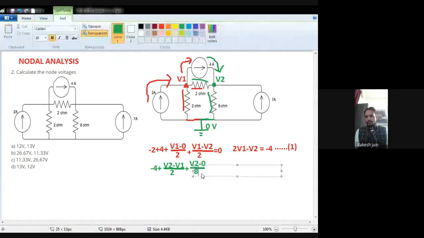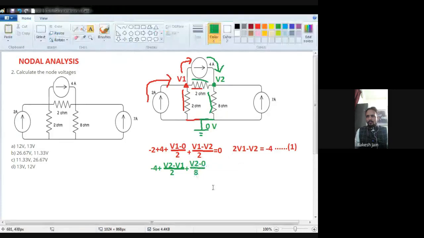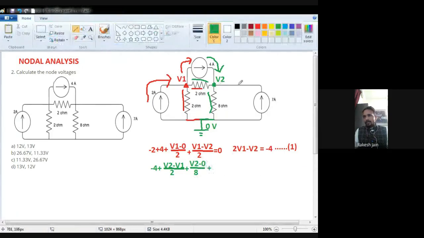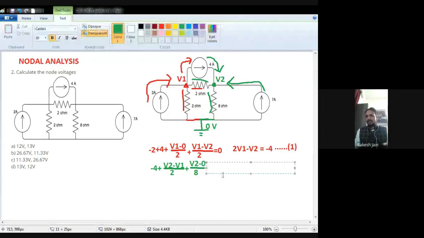I am writing the equation for V2, so I have to take V2 as positive and the other node voltage as negative. So V2 minus V1 divided by the 2 ohm resistance, 2. Then again plus